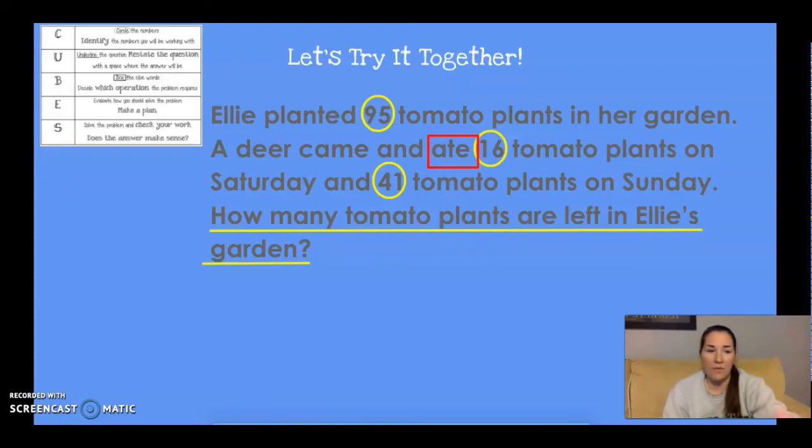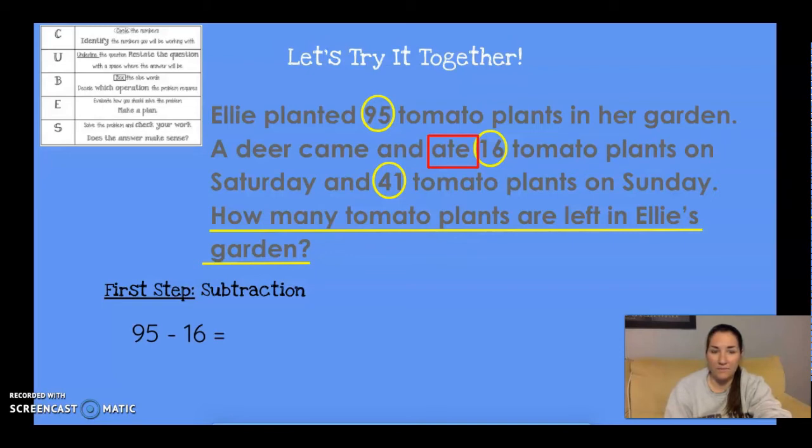So my first step I'm going to do is I'm going to use some subtraction. So Ellie started with 95 tomato plants, and if a deer ate 16, that means I'm subtracting. So I'm going to say 95 minus 16. You can figure out what that might be. Press play when you're ready. So you should have got 79. So at this point, after Saturday, there's 79 tomato plants left,